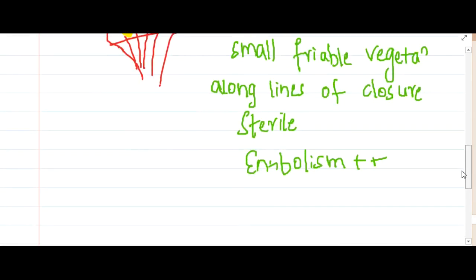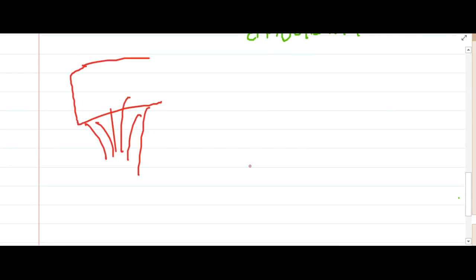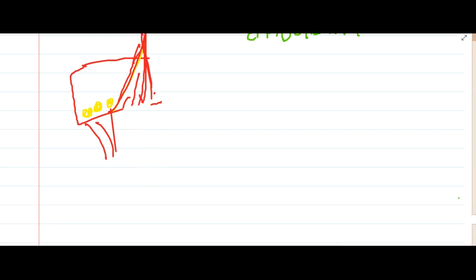Next, the last type of vegetation on the valve. If you see, this is the valve, and now you can see the vegetation on the valve on both the surfaces. Here this is the upper surface. I will draw the lower surface like this. I will try to pull this valve upwards like this, so that I can see the lower surface. So for that I'll have to remove this. See, I have pulled the valve upwards in order to see the under surface. Now even in this under surface you can see the vegetations, right?